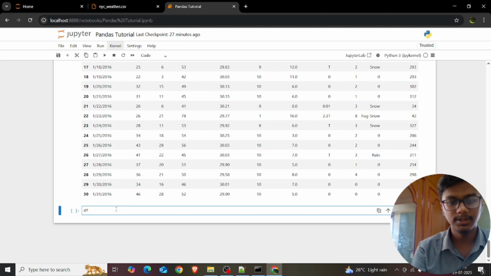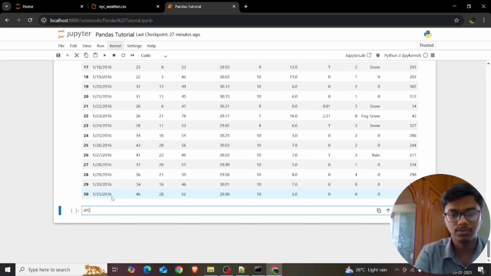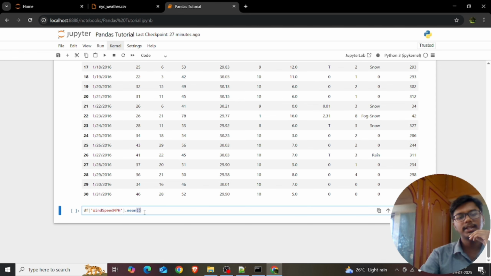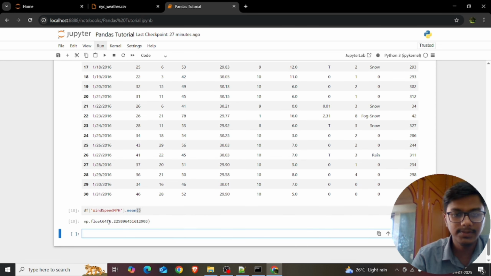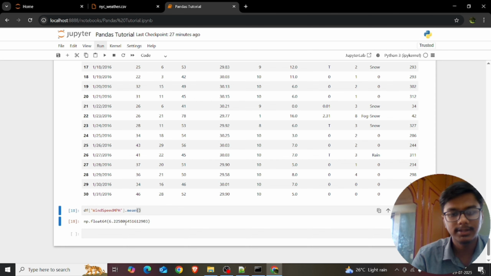So I'm just printing df. I just copy this code and paste it. So df of wind speed mph dot mean. Dot mean means we are able to see the average value. Mean means average, right? So I just run this code. The average value is 6.222 something. So if you see